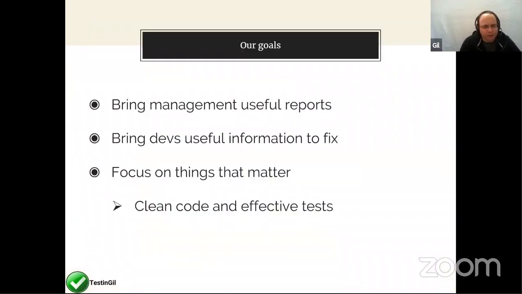So we had two goals. The first one is to bring management a useful report. Management put us in there and they want to see the big picture. Remember, they didn't have any visibility on what the developers were doing. They didn't have any visibility of